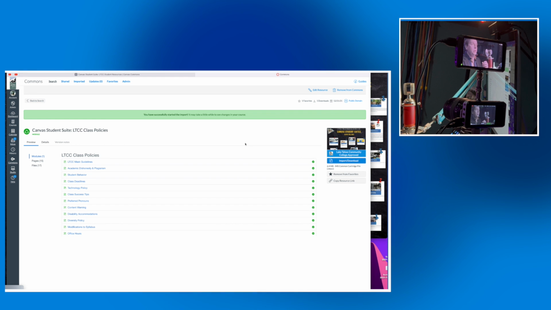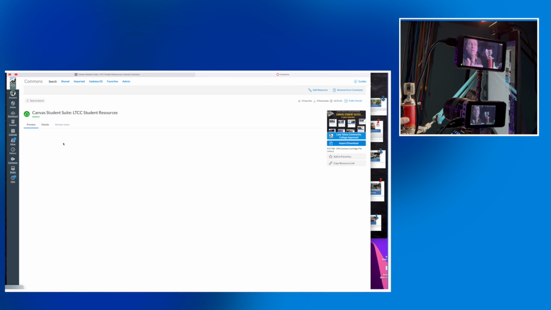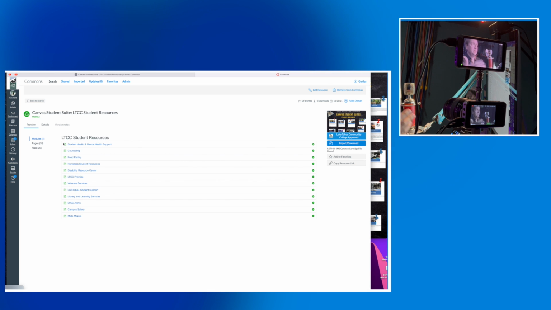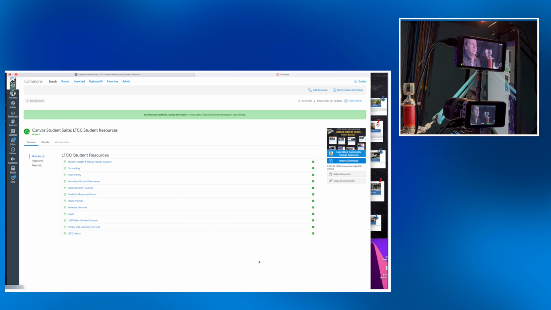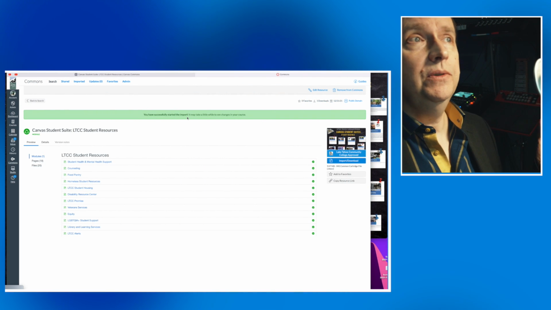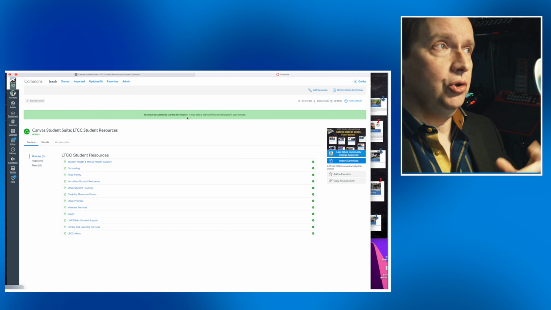We're going to try the other one as well. That's a little bit bigger, I think just under 9 or maybe 10 megabytes. So let's go back. We just imported the class policies. We'll try the other one, and then we'll go back and look at everything. It's giving a little bit of time for Canvas to process the request here to import that. So I'm going to do the same process here, import or download, and let's pick that Anthro 107 Sandbox and click Import into Class. Same thing, the message says you've successfully started to import. It might take a little while to see changes in your course.